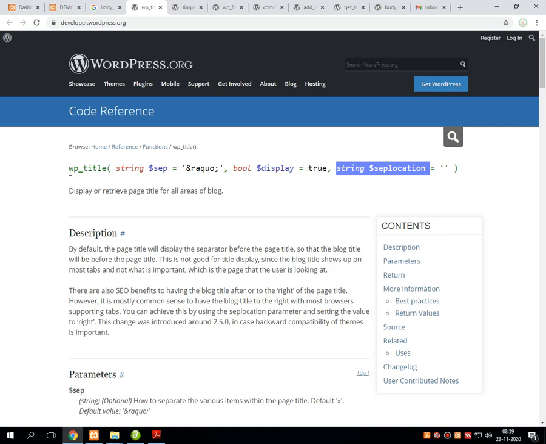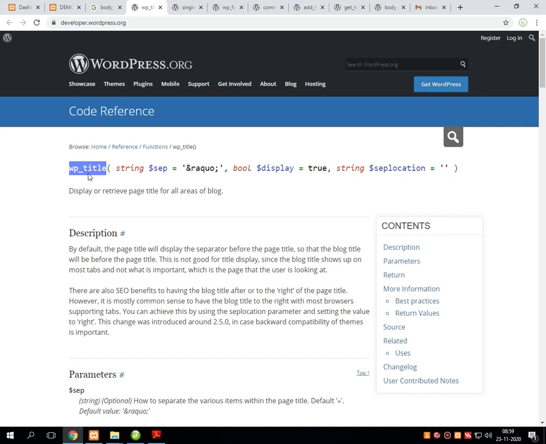So this was all about the hook which is called wp_title. Again, I am quickly revising the entire descriptive part of wp_title. wp_title is a WordPress hook which displays or retrieves the page title for all the areas of the blog. It contains three parametric values.